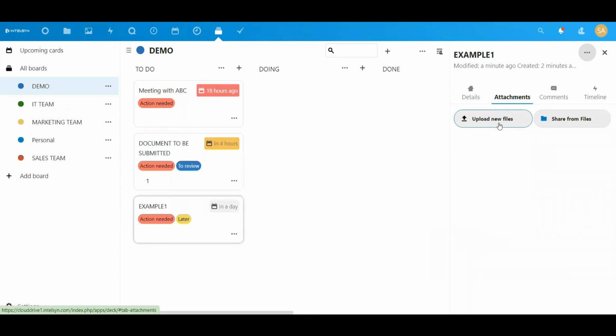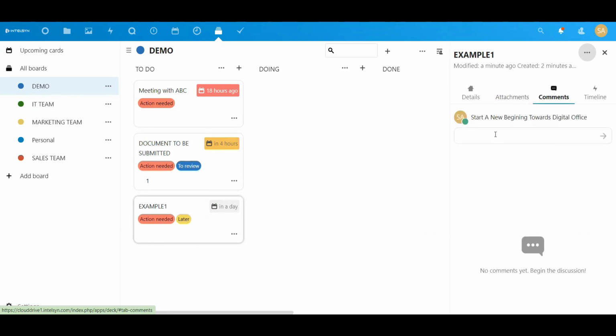Attachment. You can upload a new file or you can share from the files. As I've mentioned earlier, Files is an application in the Cloud Drive, so you can share it from there. Upload new files means you can upload new files from your system. Comment.